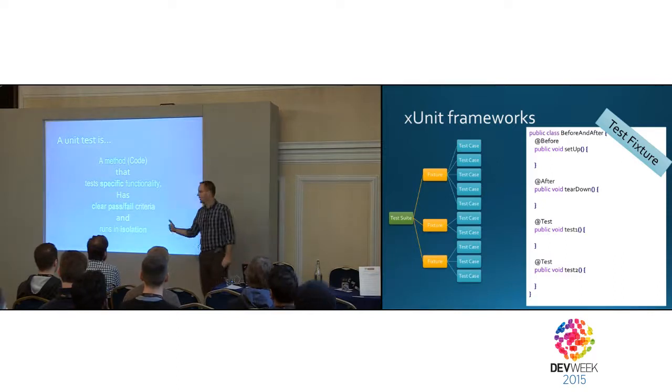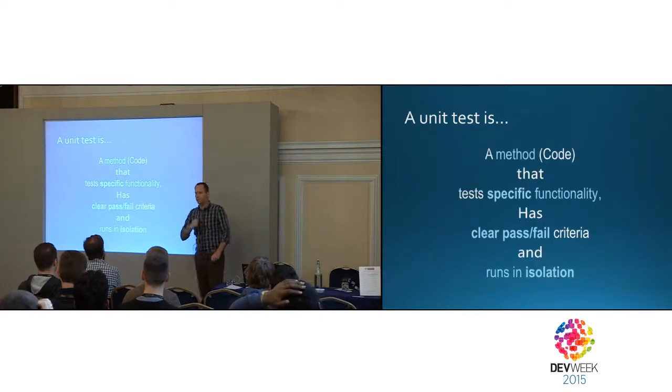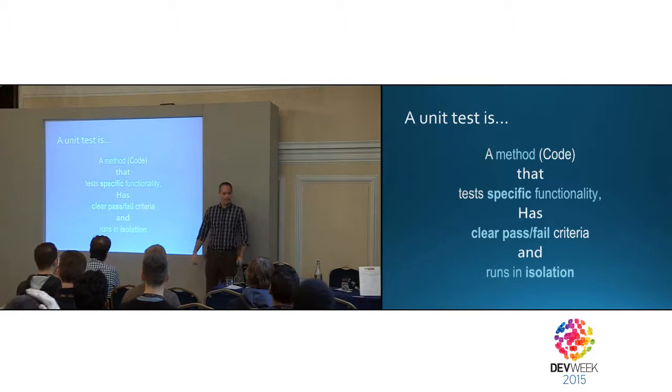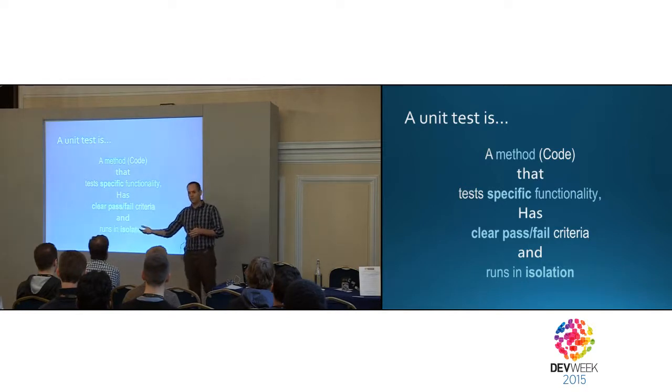And clear pass and fail, because we want to automate it, run it automatically, either on my machine or the build server. And finally, runs in isolation. Two unit tests can't affect one another. I should be able to take the unit test from my machine, choose any one of you who bought your laptop, put it on your machine with my code, obviously, and run the test.